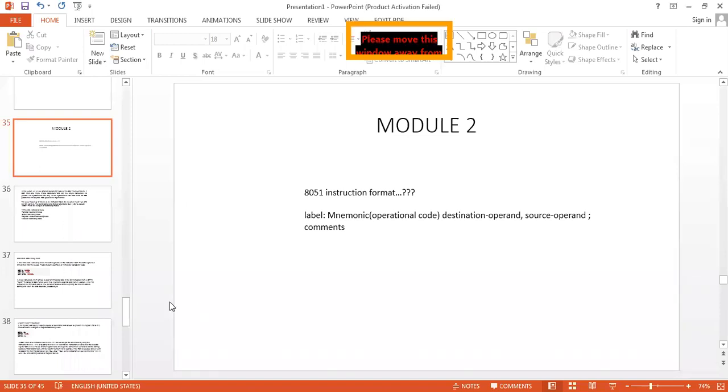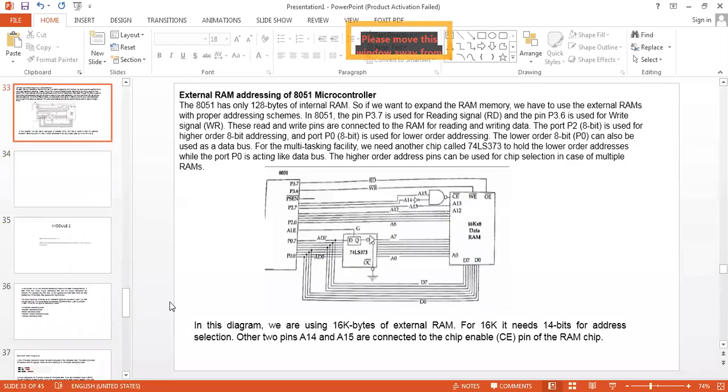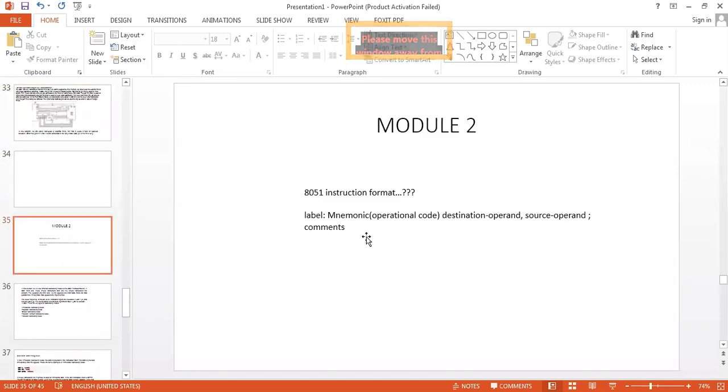So let us summarize what we have discussed yesterday. So it was an instruction format, where, what is the way to write one instruction and what are the terms involved in an instruction. So there we have seen first we should write a label, where a label is an